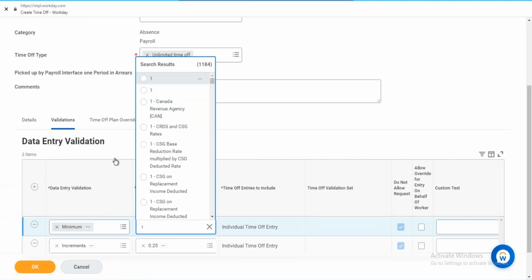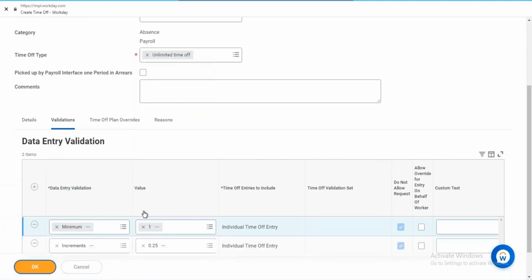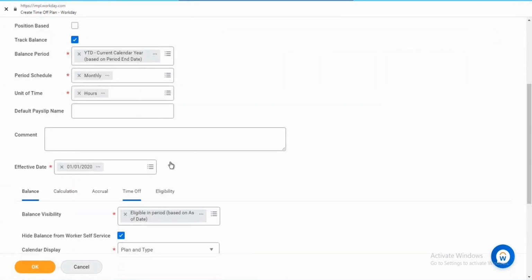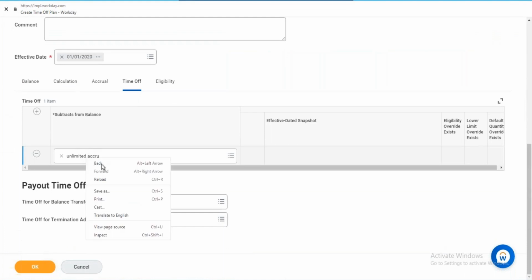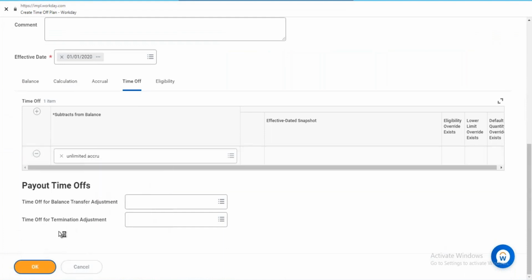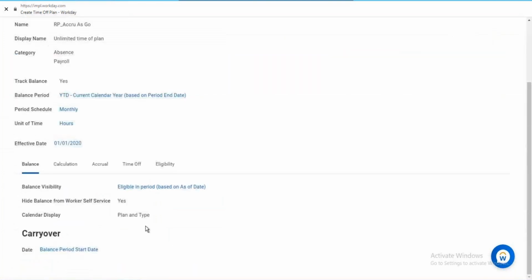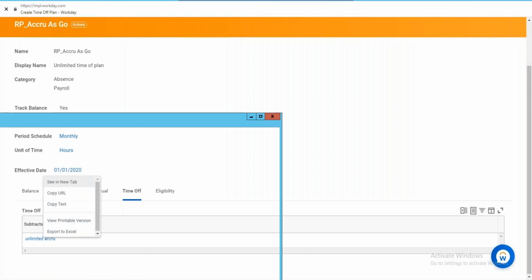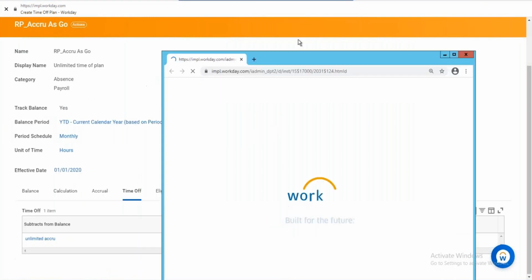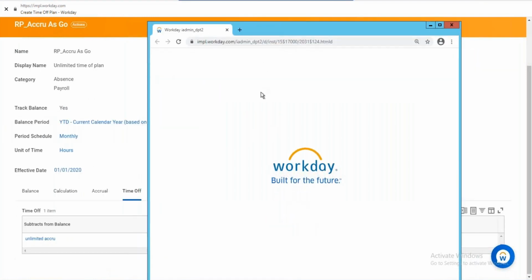Now the moment I click this, you need to click OK. Over here, your time off plan is created, but the accrual is not created yet. Accrual isn't created yet. What you would do whenever you are creating this time off plan,